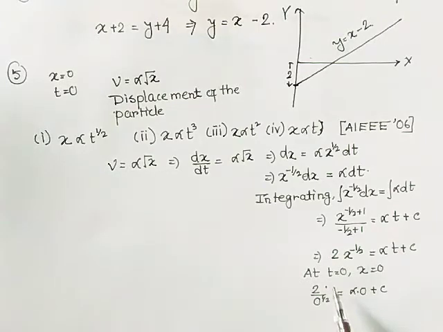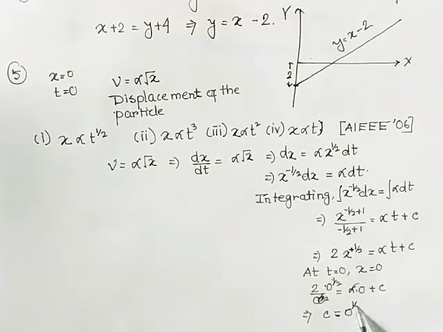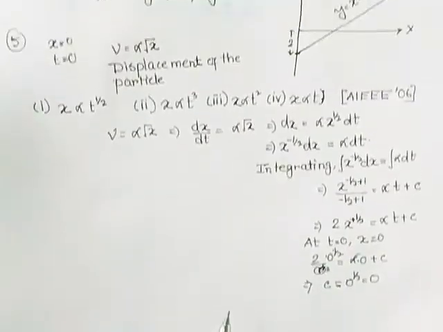Just think what it will be. We have to find out the value of the constant, that is c here. What is the value of the constant? We can find out c: it is 0, and 2 to the power minus half plus 1, sorry, this is plus half, so this is 0 to the power half, basically it is 0. The integration constant is 0.